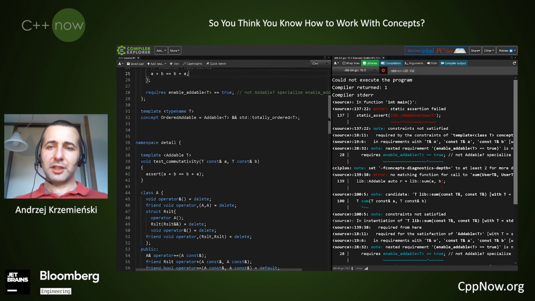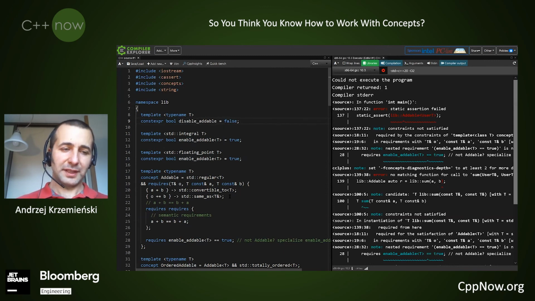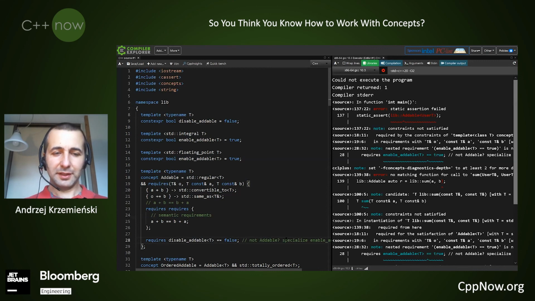So what we could actually do is to invert this logic. Rather than saying that enable addable must be true, let's introduce a different one. Disable addable, which is false by default, and we will expect that disable addable is false.